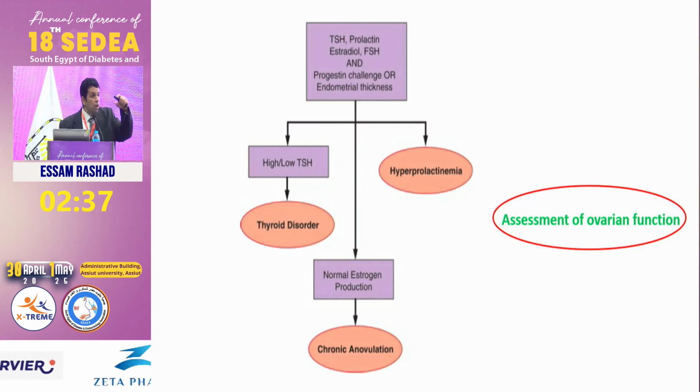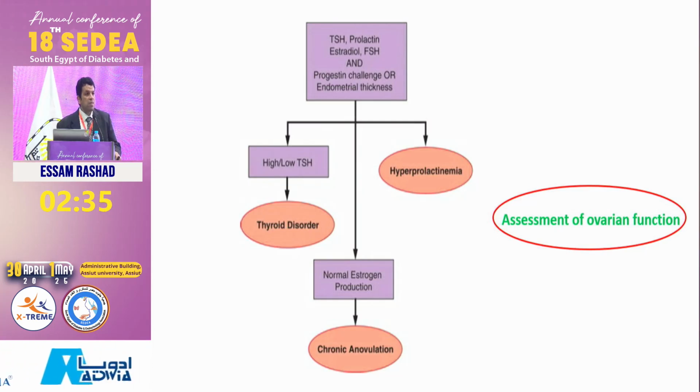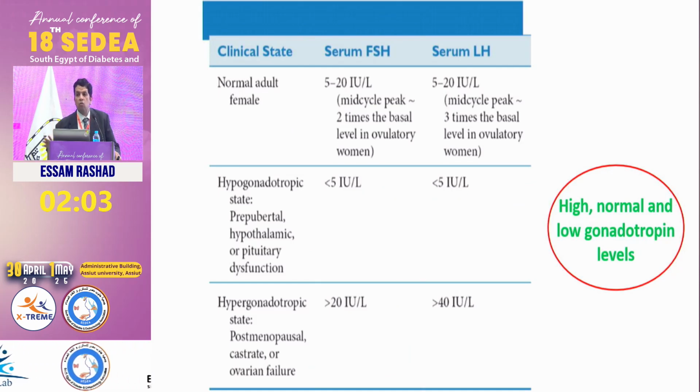If you have good development of the endometrium, there must be inside good estrogen, right? And this will be supported by finding a normal FSH level. Why do we measure the TSH and prolactin? Because the thyroid or the hyperprolactinemia can be the cause. If they are normal, then we leave them alone. If they are abnormal, then we treat them. So the ovary will be normal if it has good level of estrogen measured or normal endometrial thickness or positive progestin challenge. If the ovary is producing estrogen well, then the ovary is fine.